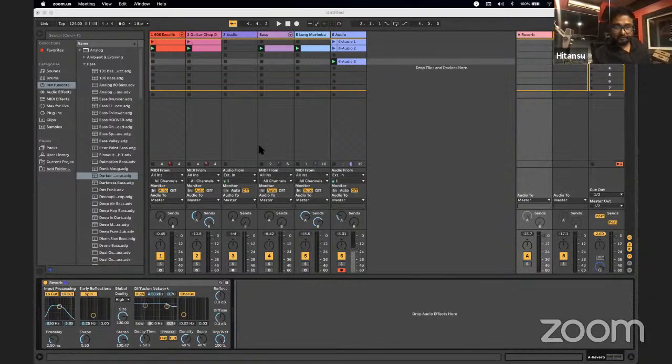So hope you can see my Ableton screen right now, and here I'm trying to give my vocals a little lush effect, little more longer reverbs and a little more tail to it, where generally we know that reverb has the parameter which we generally call decay time, or probably with different names in different plugins. So here in this reverb plugin you get the decay time, and